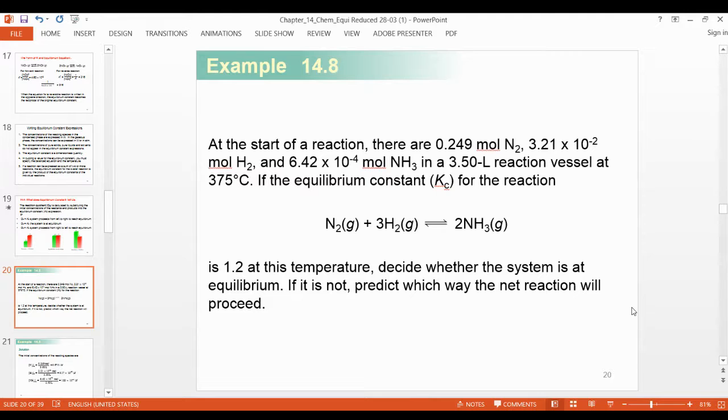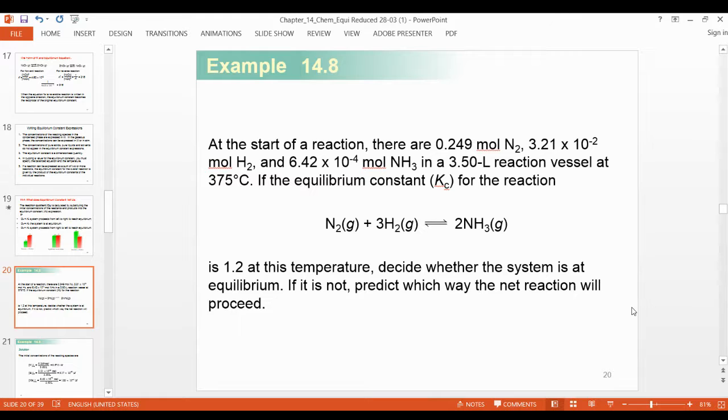So what do you do first? Tell me now. What will you calculate when the system is not at equilibrium? Calculate Qc. Because the system is not at equilibrium, you have to calculate Qc and use the same formula of Kc, the same law of mass action formula, because all concentrations are given here in moles per liter, right?